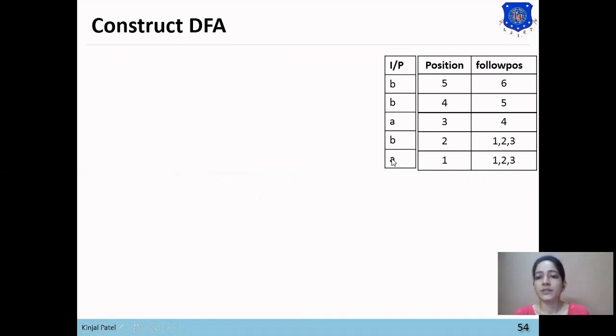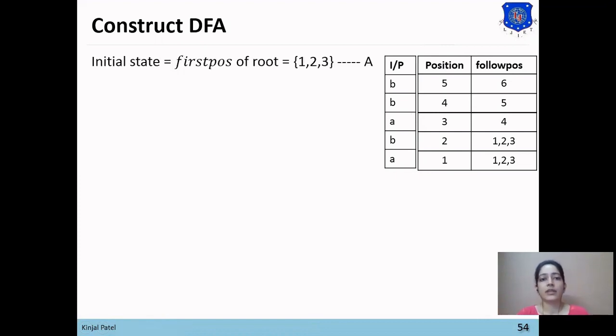Our regular expression was (A or B) star, dot A, dot B, dot B. Now what will be the starting state for the DFA? The first position of the root node in the syntax tree will be our starting state.